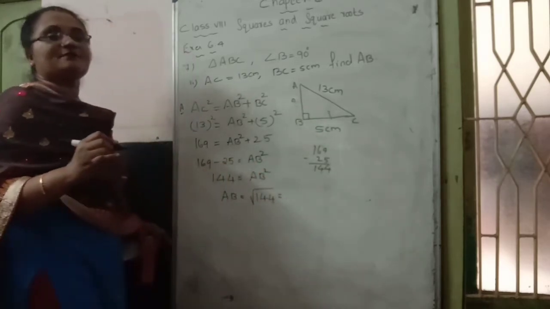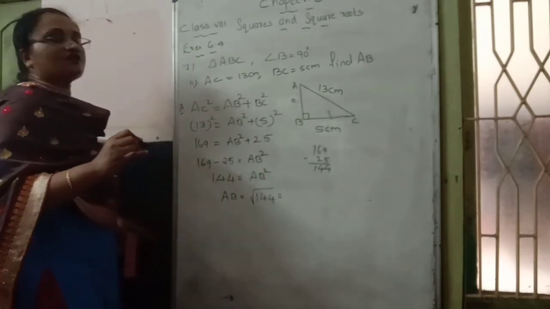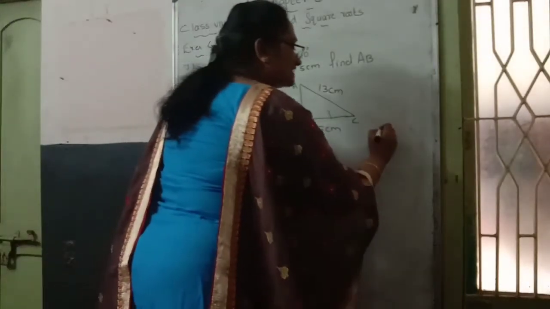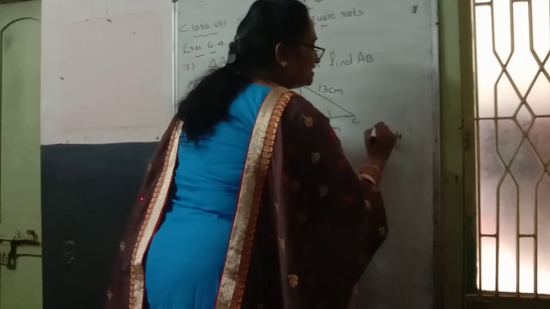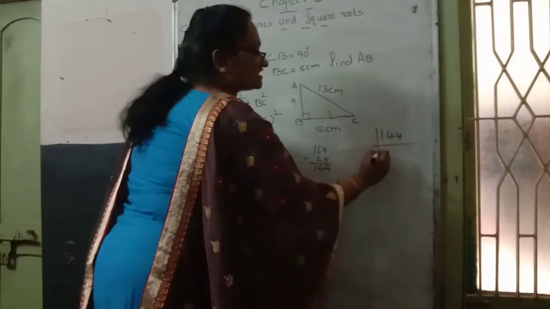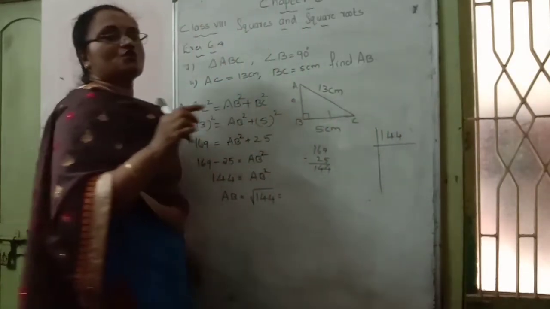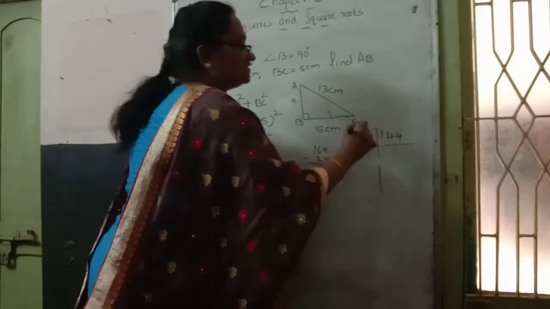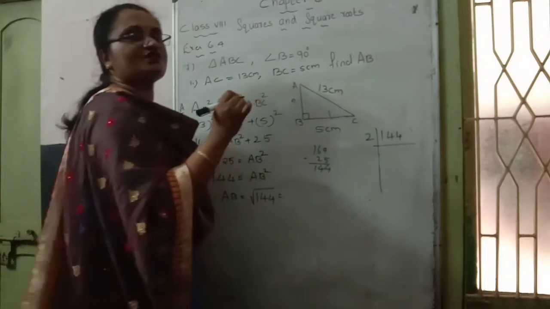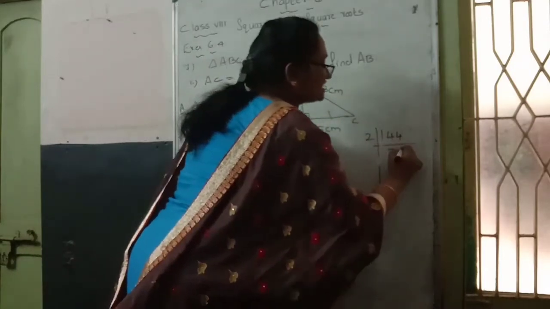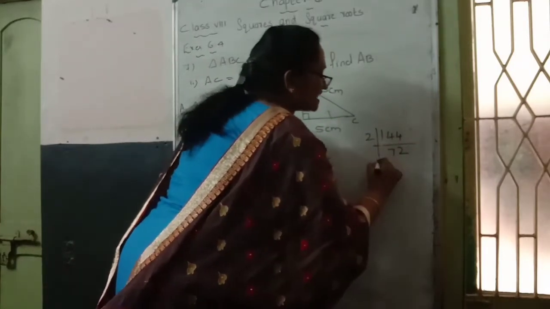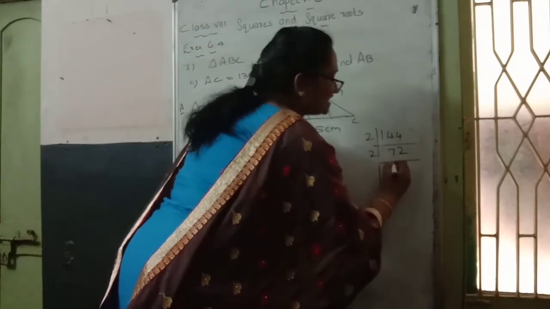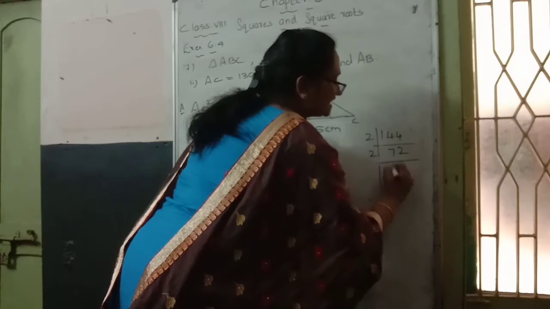Which same number multiplied gives 144? 12 times 12 is 144. Or do prime factorization and find it. Anyway you can do it. In the prime factorization method, the units place is 4, so it is an even number. Use prime number 2 to divide. 2 table 14, 7 times. 2 table 4, 2 times. Again dividing by 2.